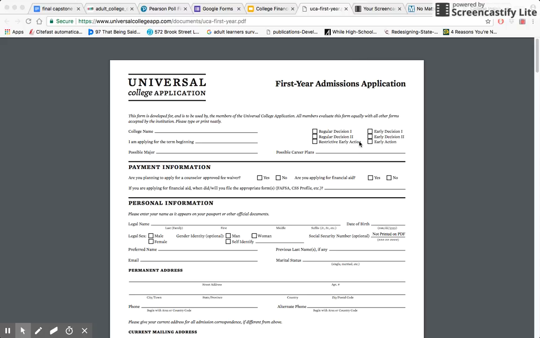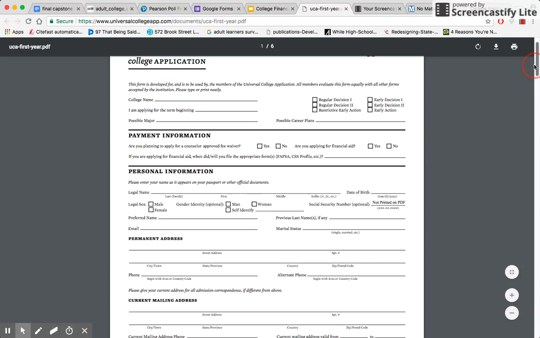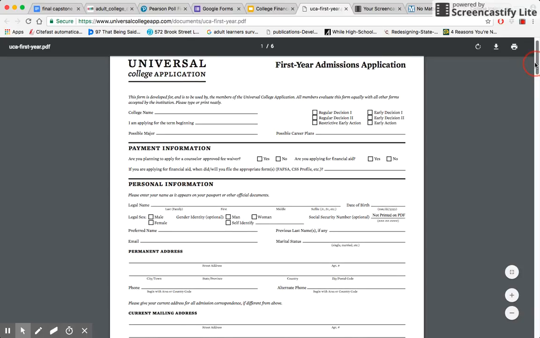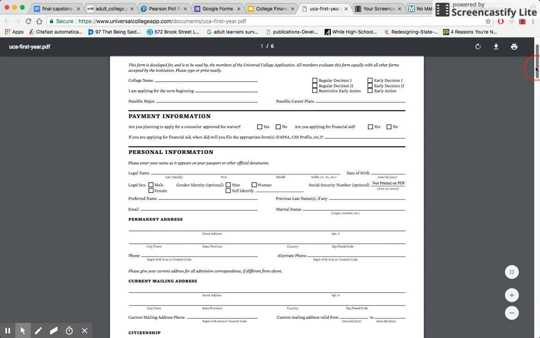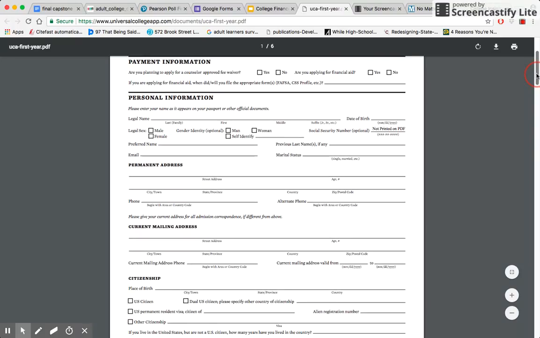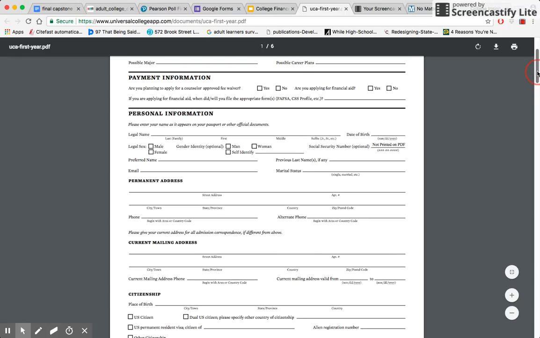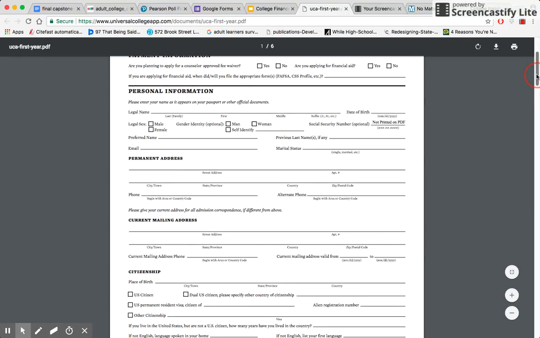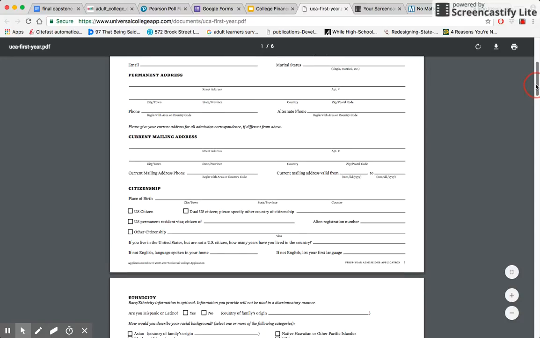This is your typical, or your average, college admissions application. It can give quite a lot of information, such as how you're going to be paying for the school, and asks your personal information, such as what you self-identify. But the basic things that we are looking at in regards to the information that would essentially be pulled and